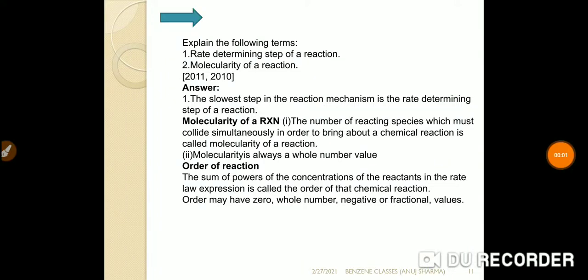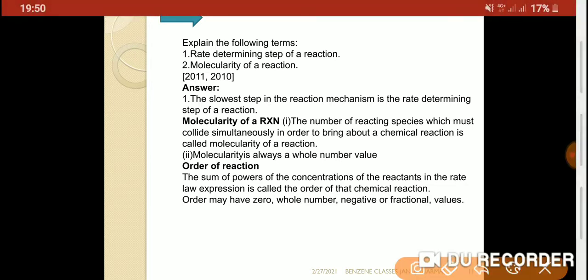Okay, go to the next slide. The next question is: explain the following terms. The first one is the rate determining step of a reaction. You know that we have different types of steps. Basically there are only two kinds, faster and slower. The question is asking which step of the reaction determines the rate